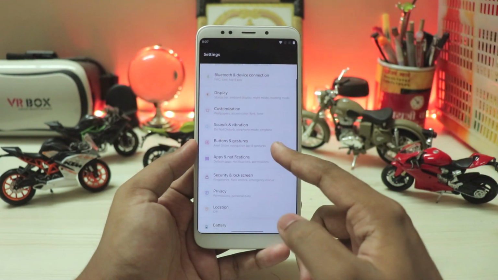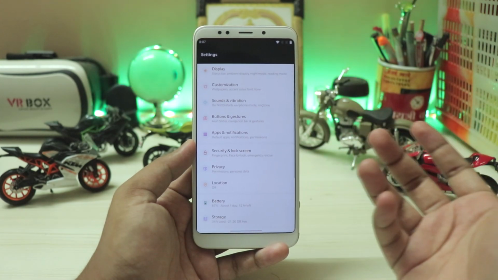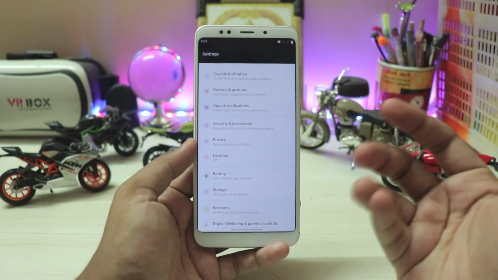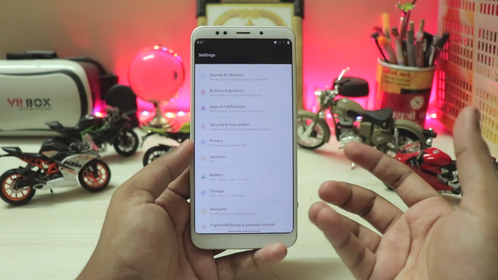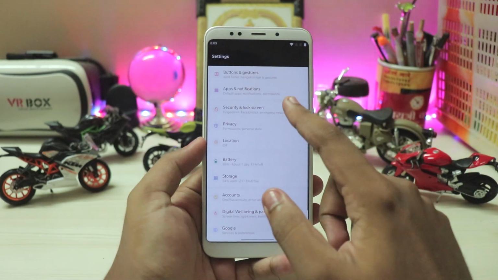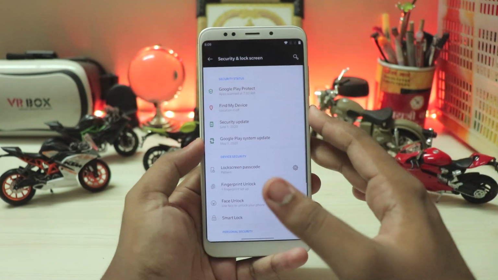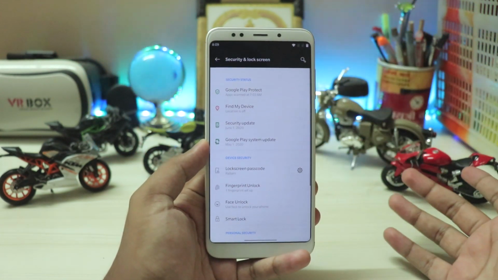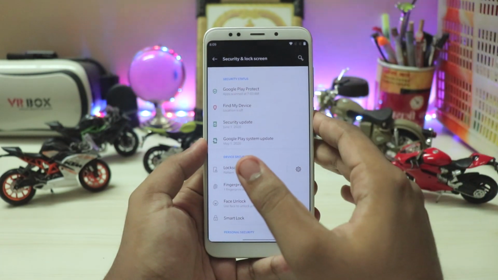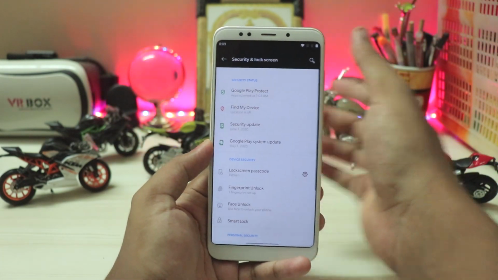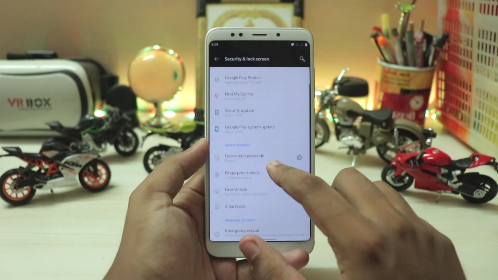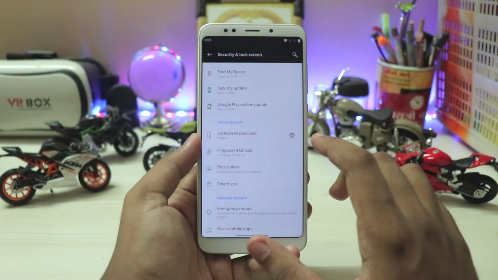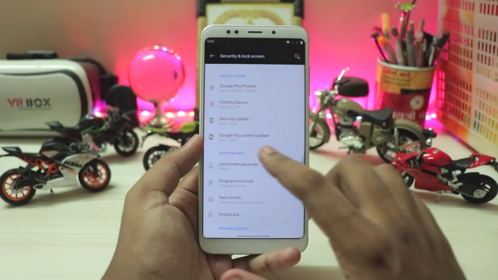So coming back, you have sounds and vibrations. Again, pretty much the speakers and everything is now fixed. And if you go to the buttons and gestures, the gestures are a bit more fluid than before thanks to the OnePlus 8 launcher. Coming down to the security and lock screen, again, the fingerprint scanner just completely works fine. It has a bit of a hiccup, for example, tap. There you go. It unlocks in a second, but sometimes it takes a bit of time. There you go. But in terms of face unlock, it's currently broken, but it's not hard to fix as it has been done in pretty much all of the Oxygen OS 10 ports.